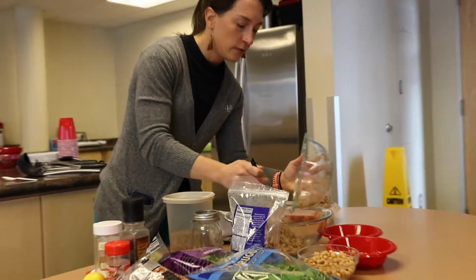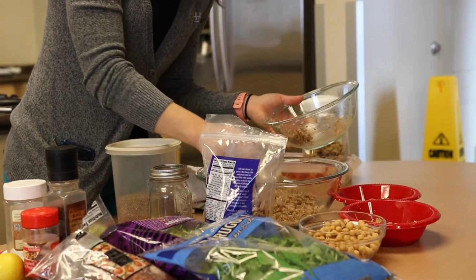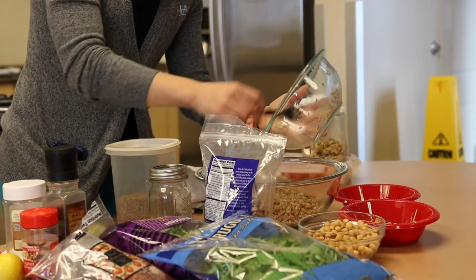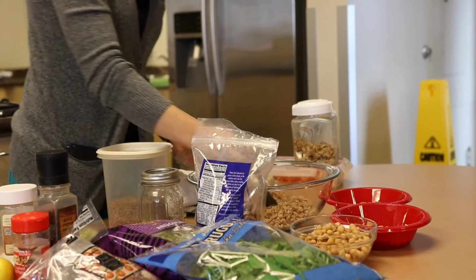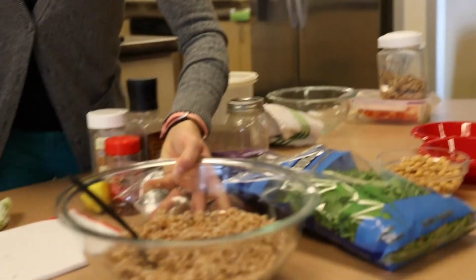So the same grain and water ratio as rice. Pretty much, yeah. A lot of grains have that same 2-to-1 ratio. Okay, and it makes about double or triple the dry amount that you put in there. I would say this is at least 3 cups. Okay, so